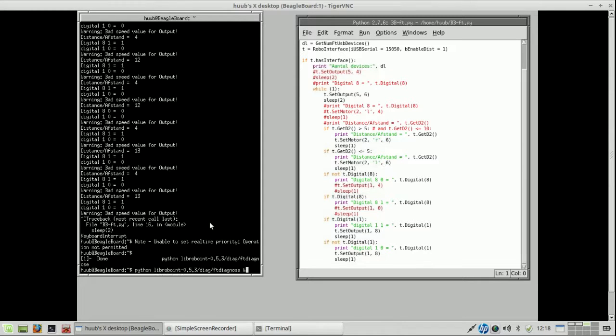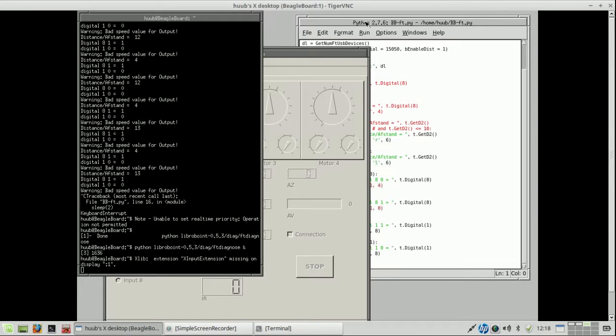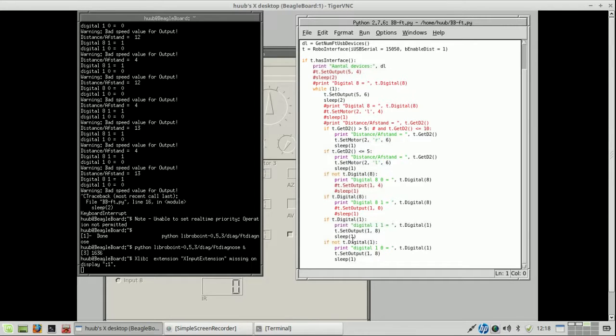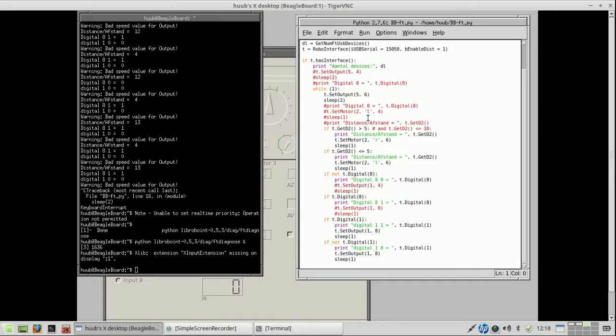Okay, this is not smart. I need to have it running. All I need to do is close the interface. Anyway, where the problem lies is yet to be seen. Another point is of course that the other light is burning constantly, but let's focus on the digital 8 because